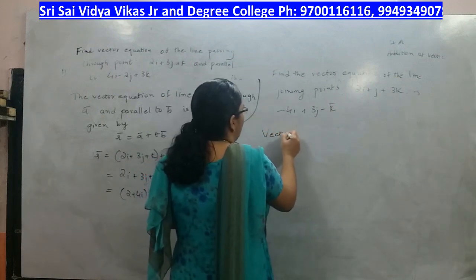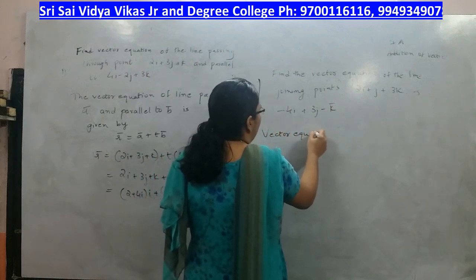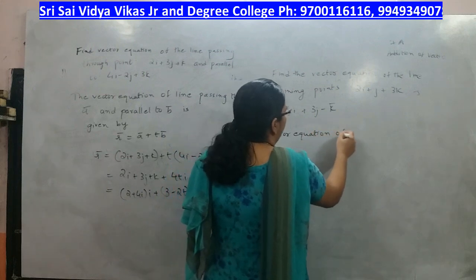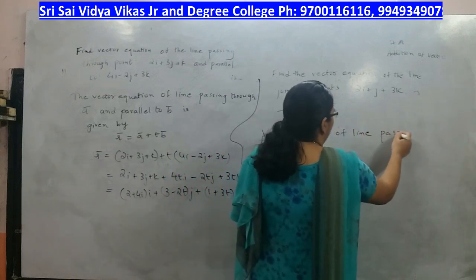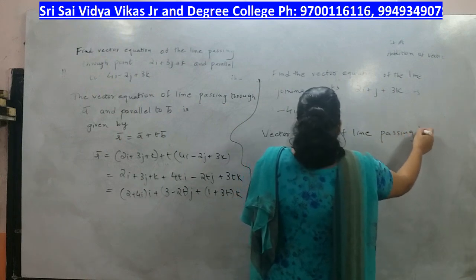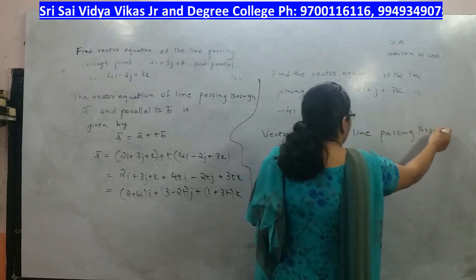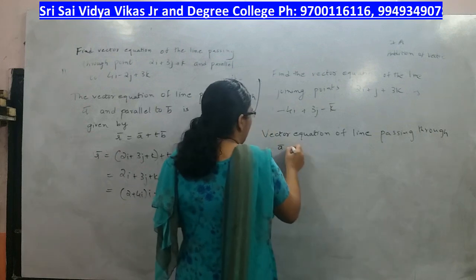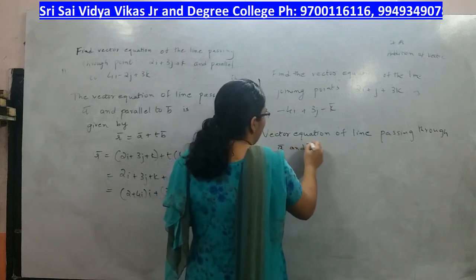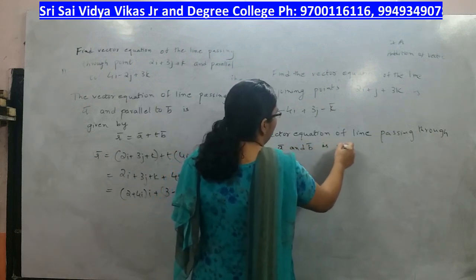Vector equation of line passing through A bar and B bar is given by